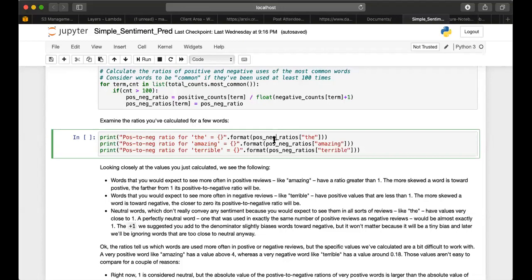On the other hand, you find out that words like the, is, I will always tend to be closer to 1, right? And what this means, if you've read the text carefully, is that these words are neutral. So they occur almost at the same frequency in both your negative and your positive reviews, right?